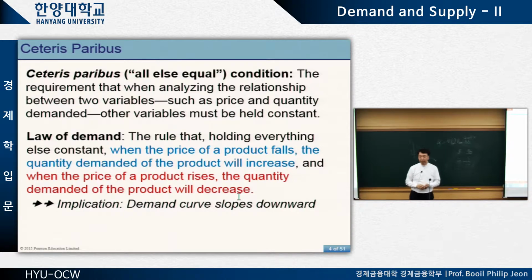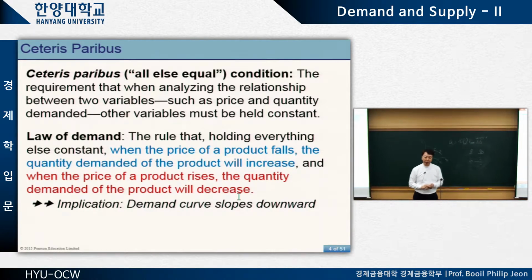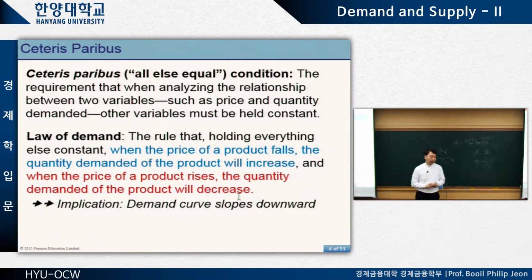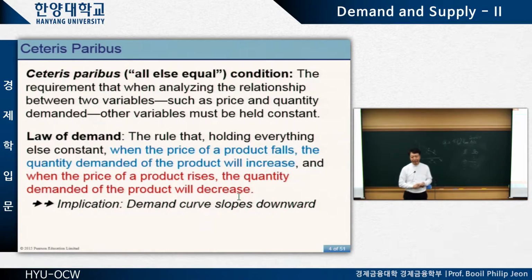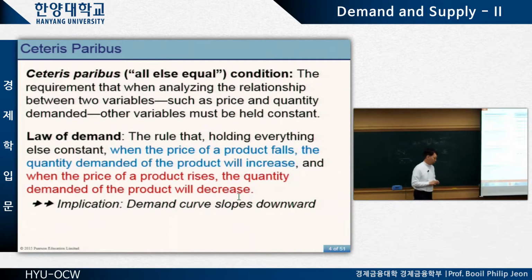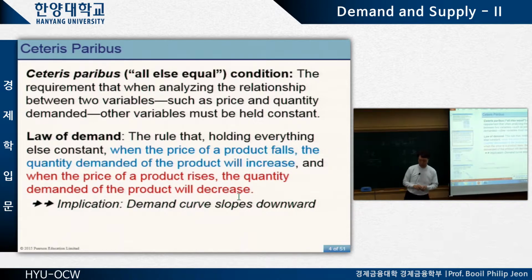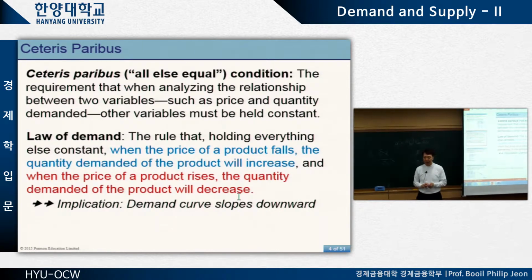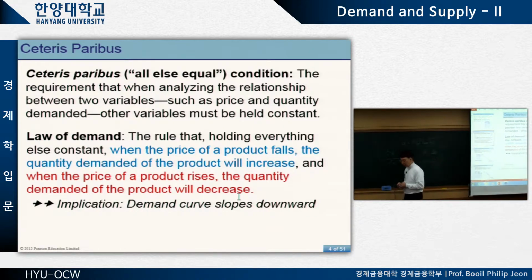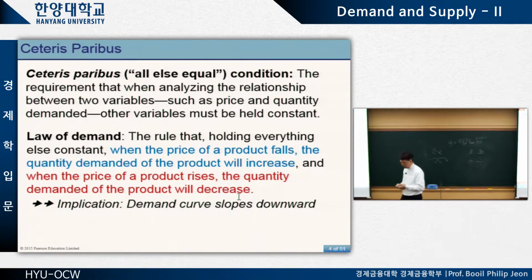I'm digressing a little bit, but this is an important, interesting concept. In natural science, you can actually control. You don't have to assume. You can actually control, and that's what they do in the lab. I mean, in a pharmaceutical company, when they develop new drugs, they do a lot of experiments in the lab. So, for example, if you're trying to find the relationship between fertilizer and tomato harvest,